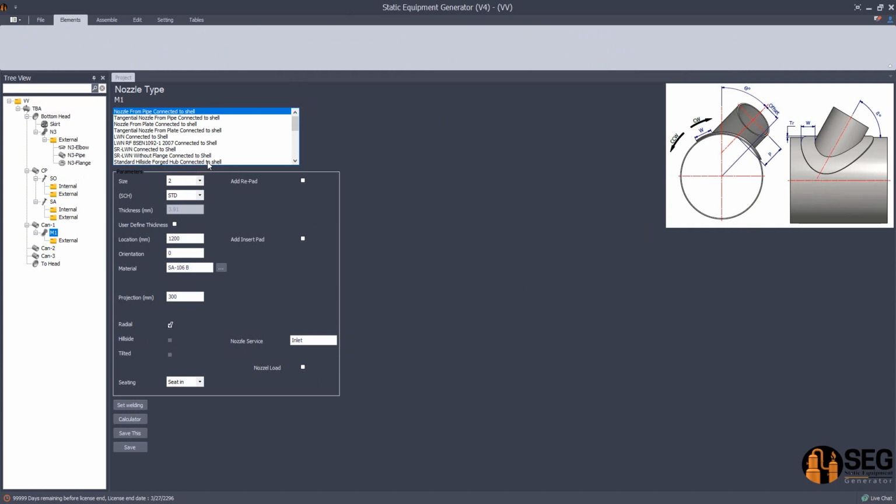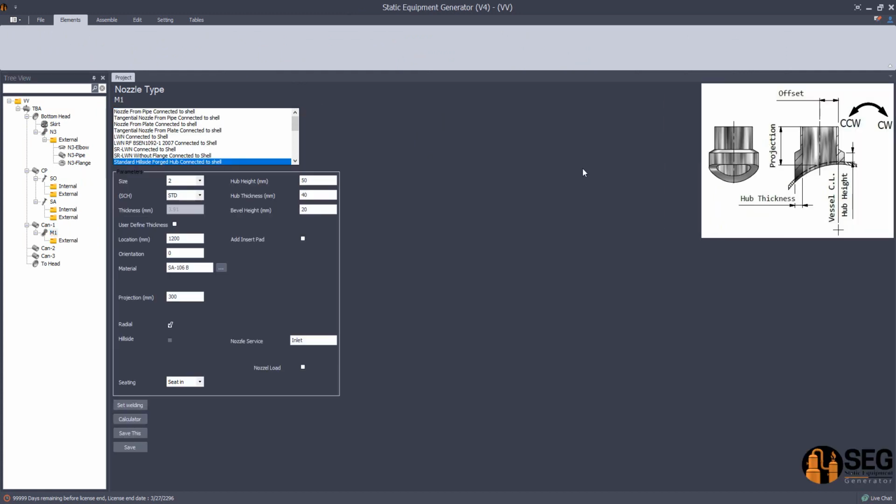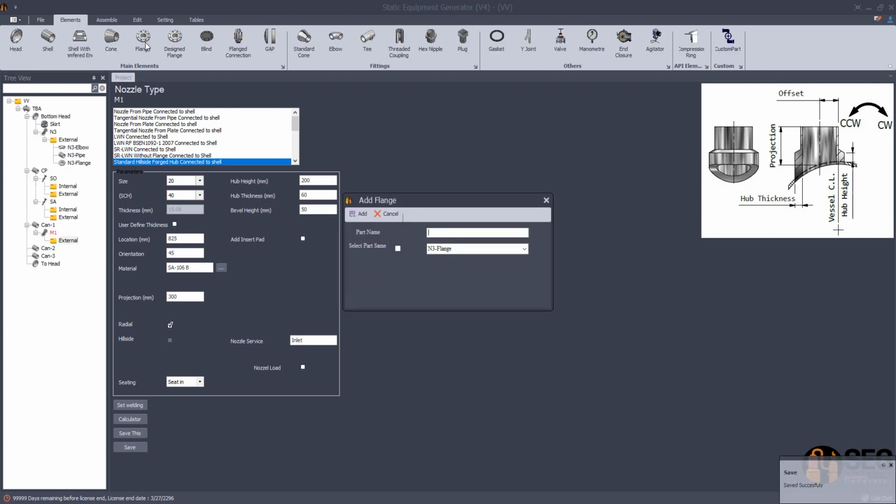So from here let's select a forged hub nozzle to be 20 inches, and the scalable, let's make it 40. The location and the orientation, the hub height, hub thickness, and bevel height. And let's click on save, and from here let's add a flange M1